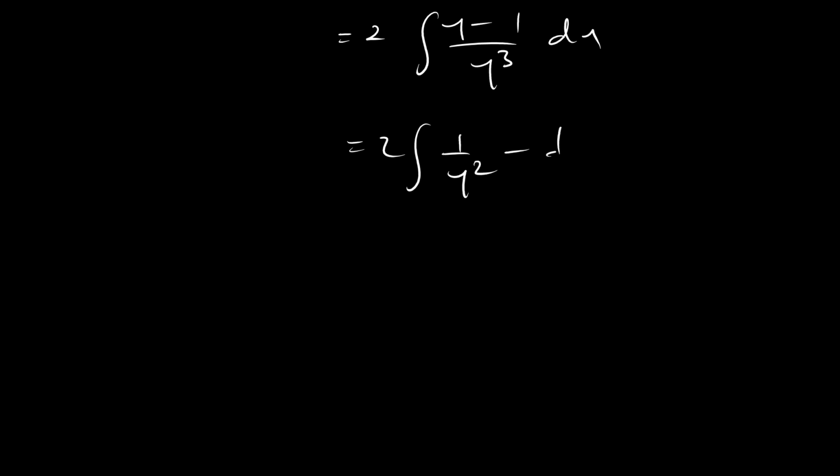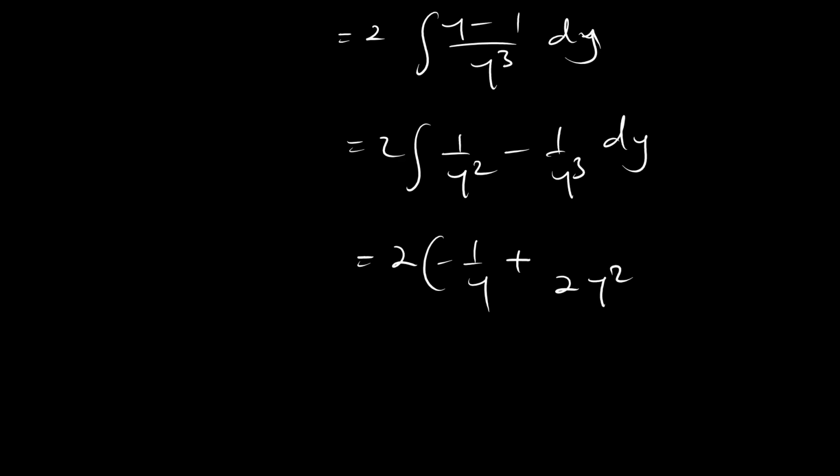So since we have 2 times y minus 1 over y cubed du, which is 2 times 1 over y squared minus 1 over y cubed dy, sorry, this becomes 2 times negative 1 over y, actually plus 1 over 2 y squared